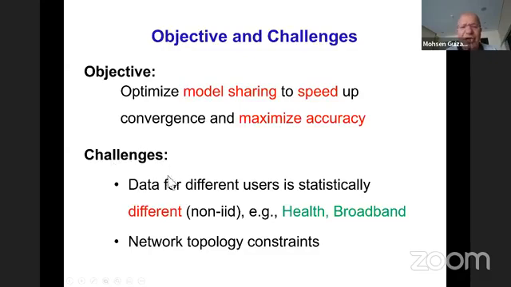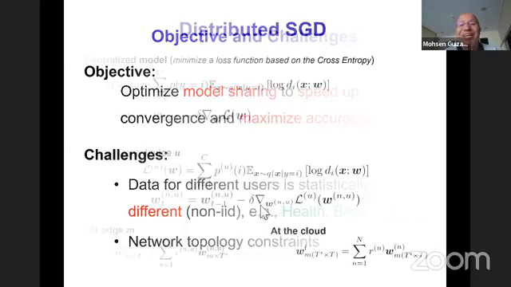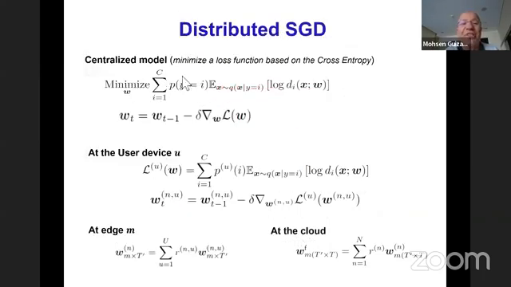The challenges, of course, here are that the data is heterogeneous, and we have to use a non-IID model so that we can process or analyze this data. The examples are the health example I gave, or the broadband service provider. The challenge is the network topology constraint also. So without going through the detailed mathematical model, I'll just give you a feel of the